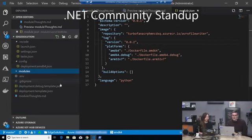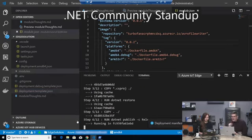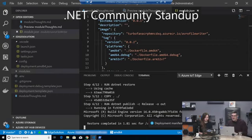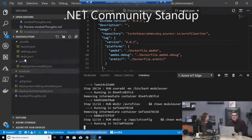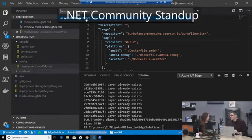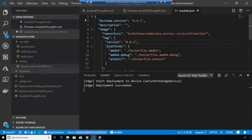And so I think the last thing you might want to take a look at is how we actually build. So we'll build and push our IoT solution. And what you see is that it just runs a Docker command, and that's going to run for just a few minutes. Once it's finished, we'll come to this config folder, which is at the root of your Edge solution. Right click on that, create deployment for a single device. And then you'll see the turbofan device that you've set up. This is our Edge device. I click on that, and then the deployment hopefully succeeds, and that'll cause, on the other side, if all goes well,